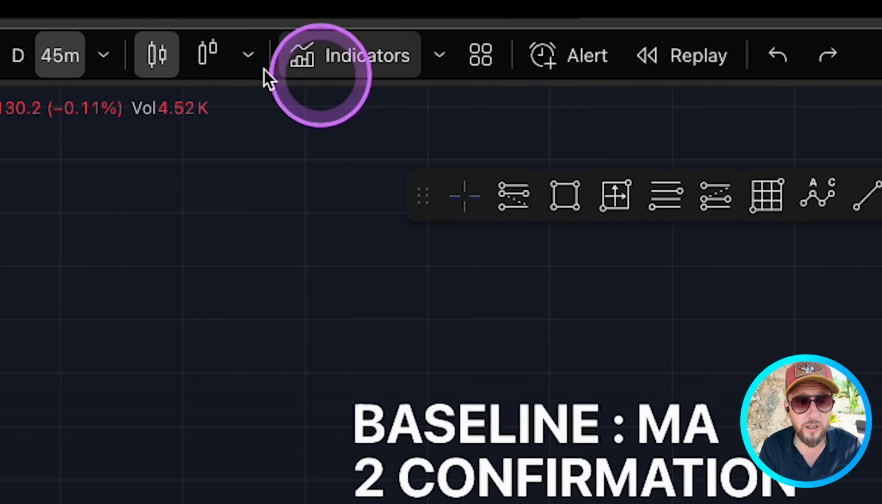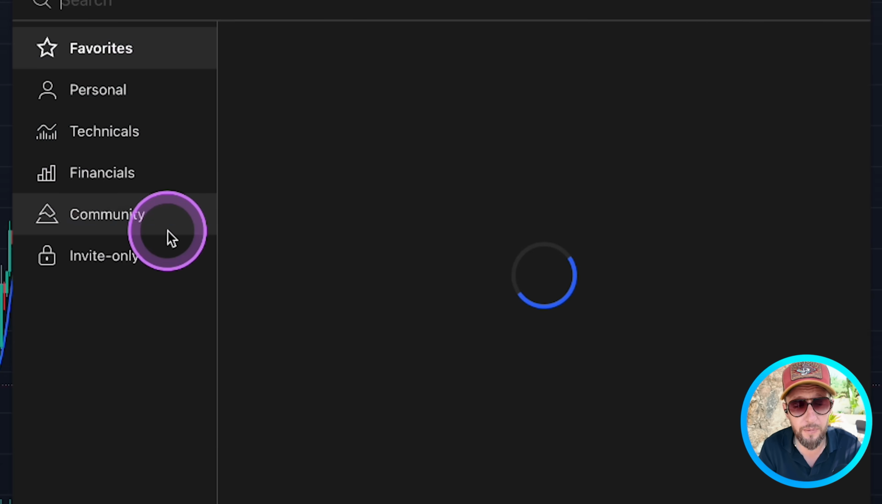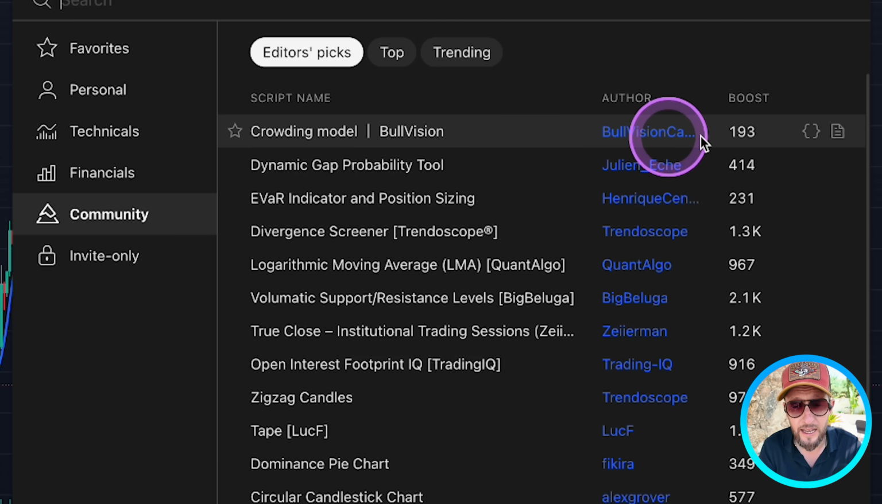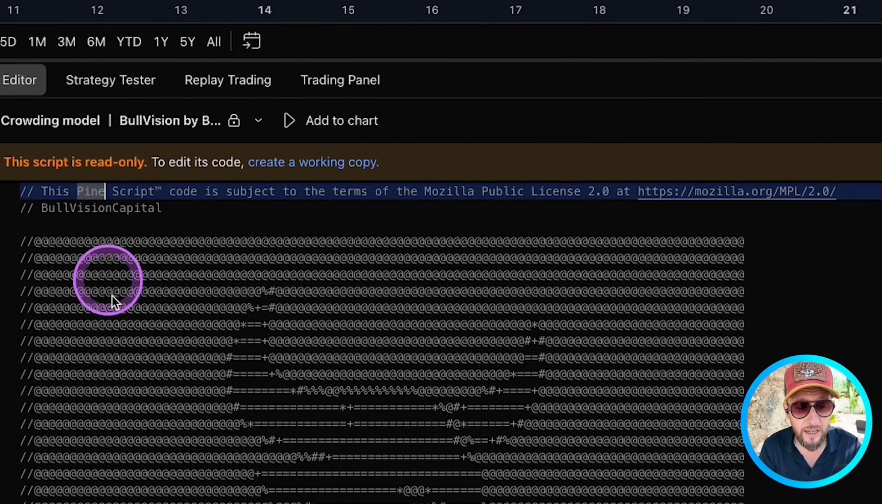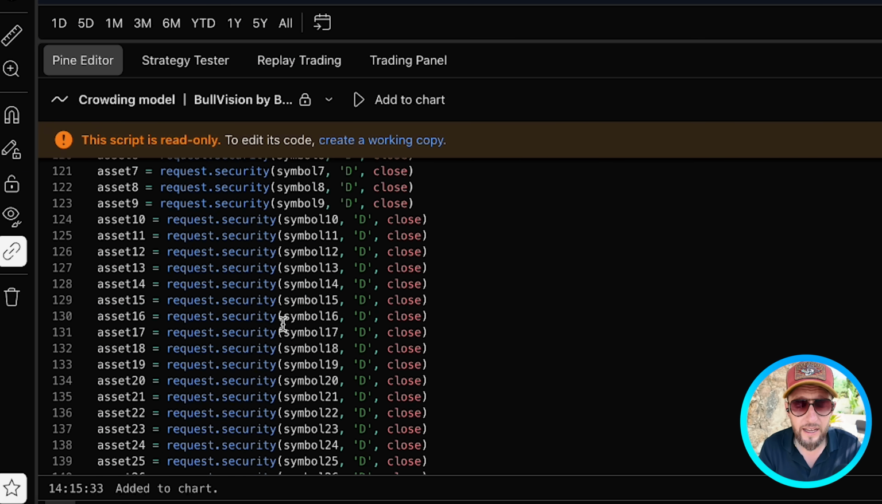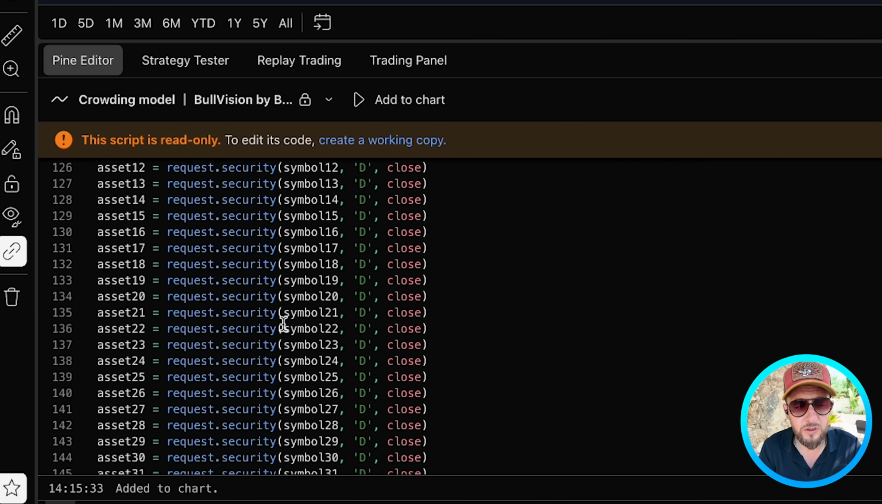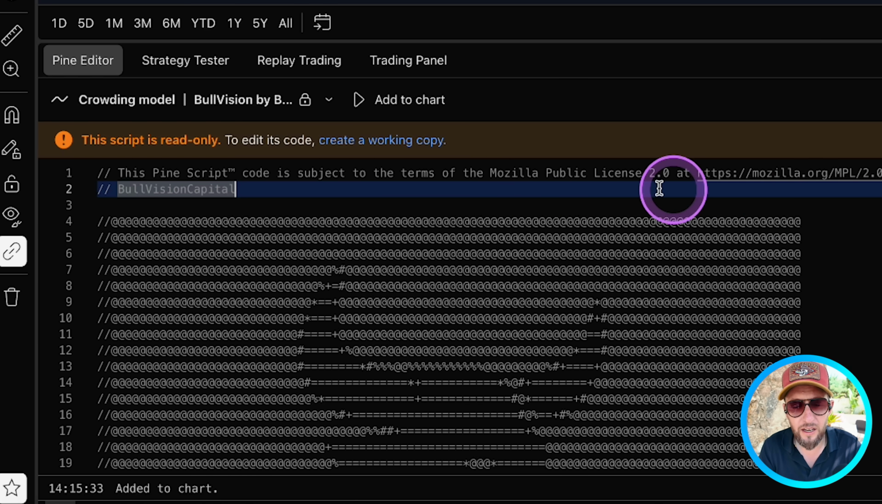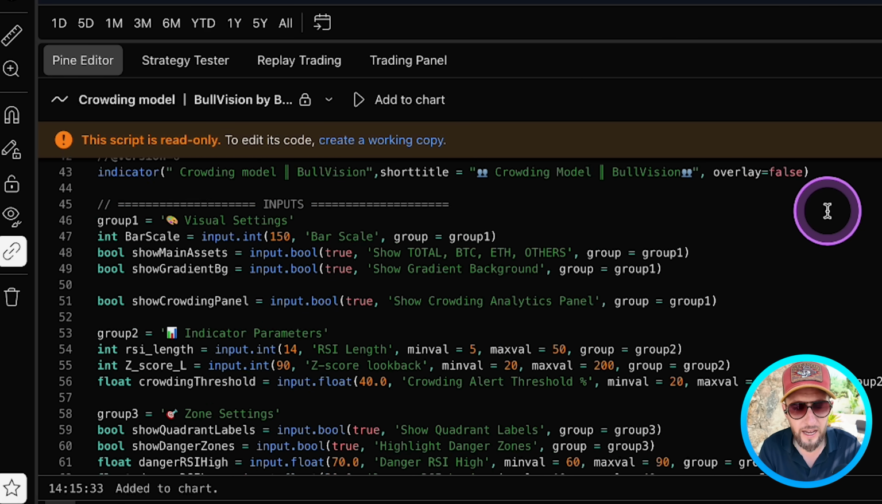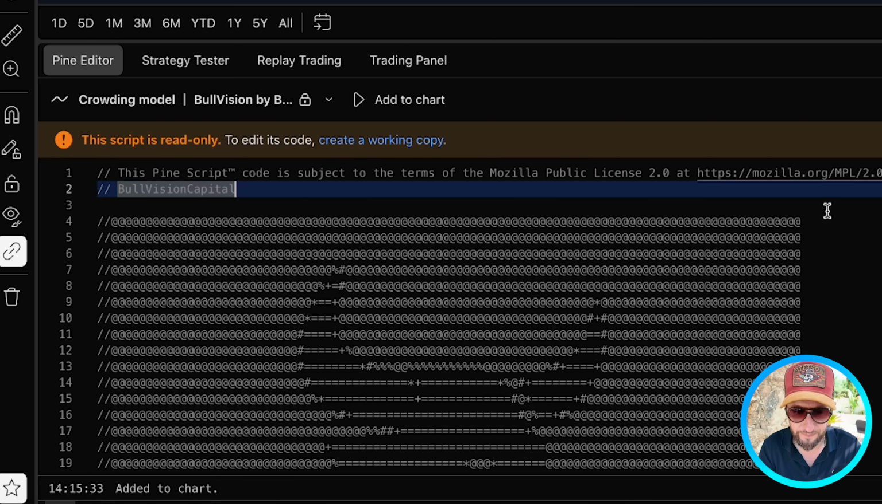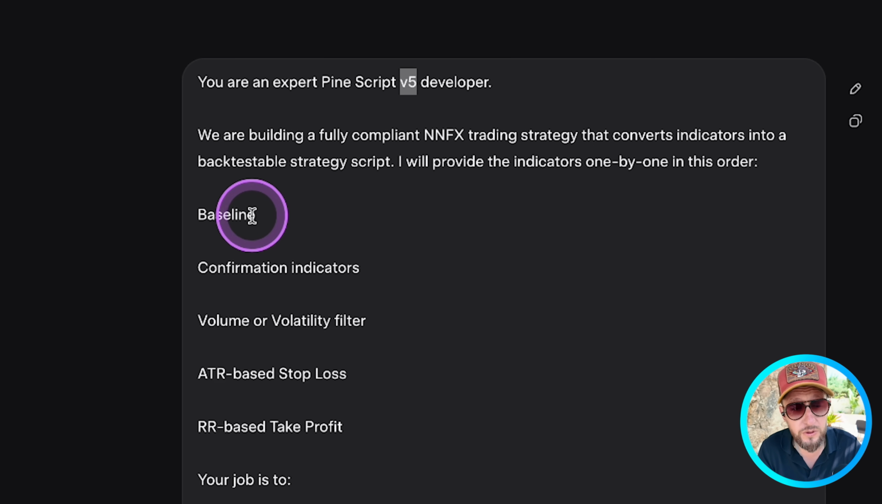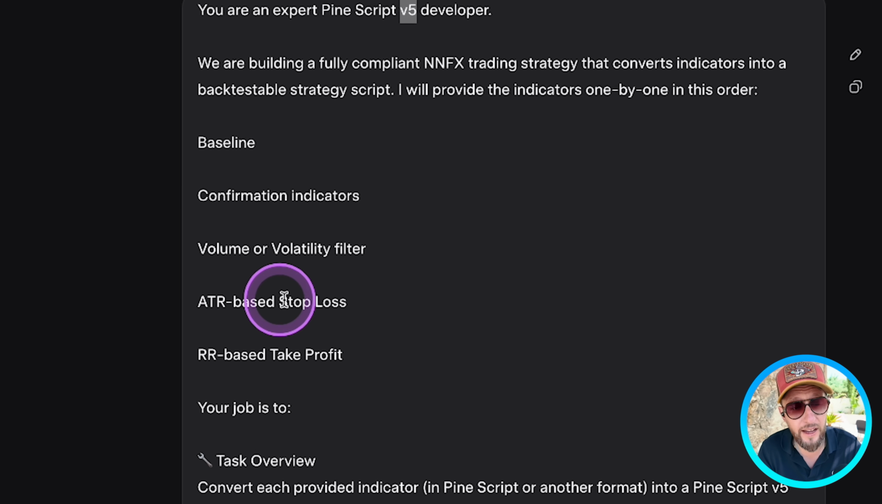from TradingView. TradingView has a wonderful library of free indicators here. Anything that has these curly brackets at the side allows you to go in and get the code, and that is absolutely free of charge. You're allowed to use it. They're all under the Mozilla Public License, and you can use them as long as you give credit to the original developer. So we've asked Grok to use a baseline, confirmation indicators, volume or volatility indicators, and an ATR